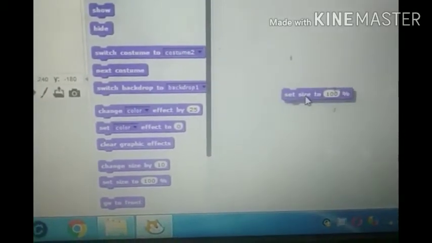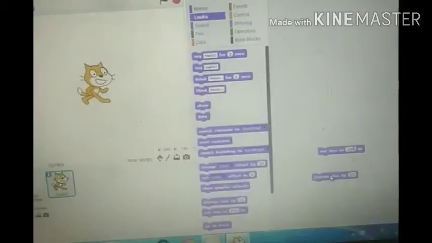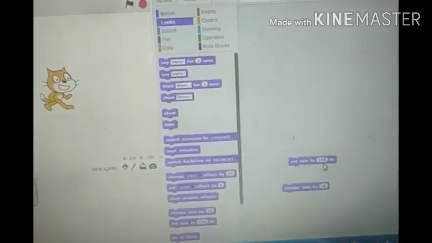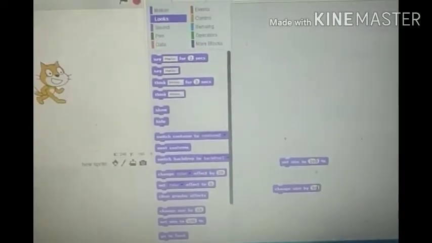One option is this, and the second is change size by. When the object is selected, if I set size to 200% and press the enter key, it will set size to 200%, and this one is used to change size by 50, so 50% will be increased.